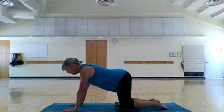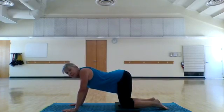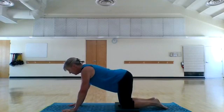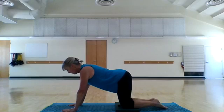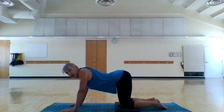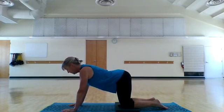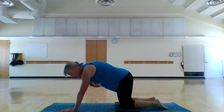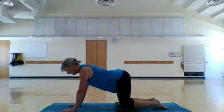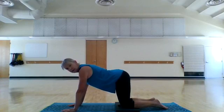Okay, so when you're in box position, you never want to drop that spine in between the scaps, unless of course you're in cow, and that's exaggerated, and then you let your belly drop. Okay, so we're going to go step by step into finding a good box position. So first, I'm going to have you do what I don't want you to do. You're going to relax and you're going to let those shoulders come up, and you're going to drop the spine down below your scaps. Now you're going to lift the spine without rounding, okay? We don't want to shorten those pecs. We don't want to round the spine. So drop the spine, now lift, cinch the waist,